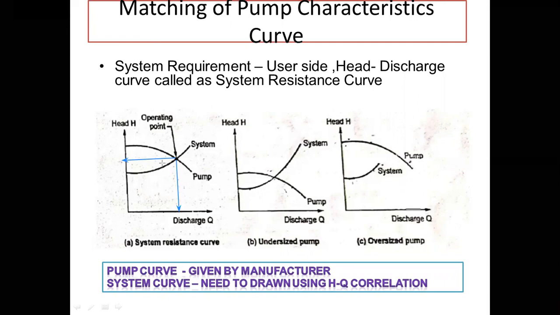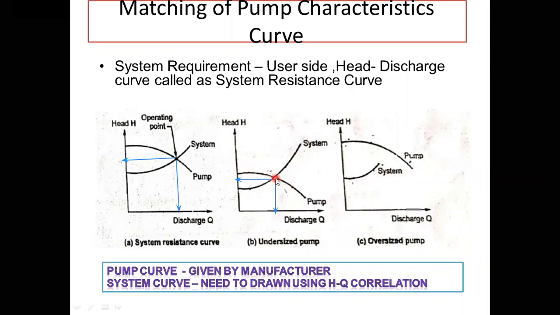Depending upon this operating point position, we are having the classification of the pump, which is supplied by the manufacturer. It is undersized pump and oversized pump. Okay, so we can see clearly in undersized pump, the area under both of the curves is not generally covered, or a minimum area under the curve is covered. So it is called as an undersized pump. This curve is given by the particular manufacturer, and this is our actual requirement of system curve. If we match these two curves, we will get the operating point over here.